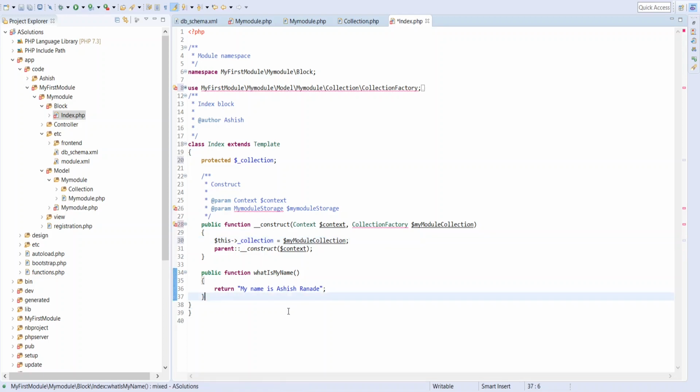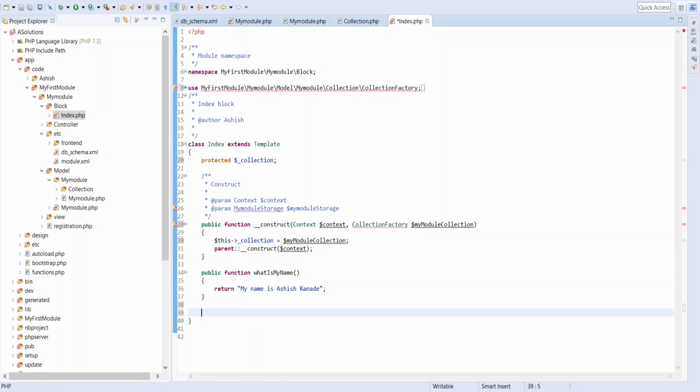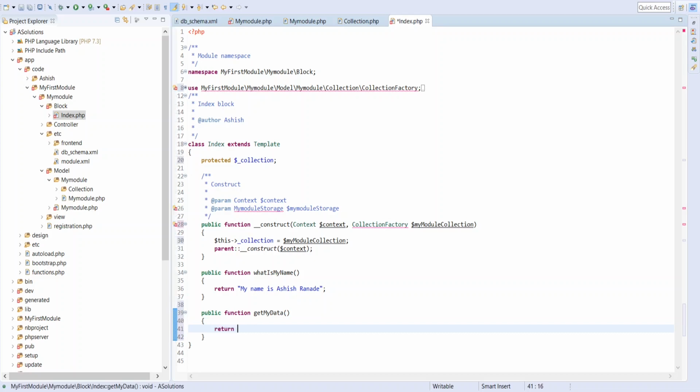Now we need to pass our collection data to our layout file. Let's create one function here, that is public function getMyData. It returns our data collection here.